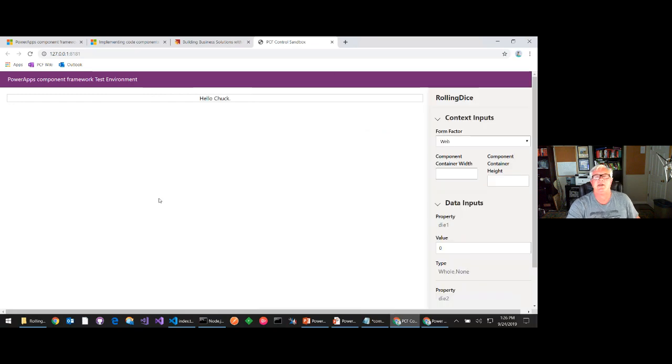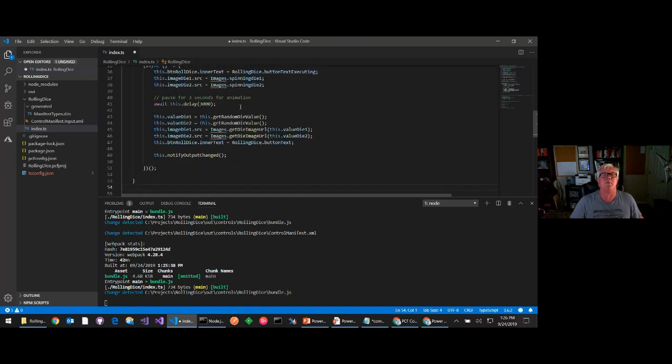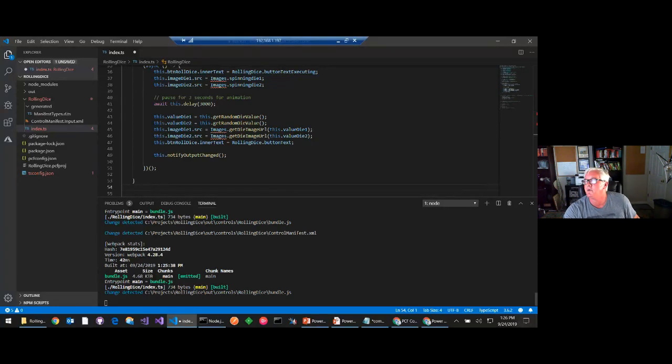Okay, so now that we've gotten up and going, what we're going to do is put together something that will basically bring together a component here. So right under the top container, I'm going to add in a couple more different things. I want to put together a component that we can use to roll the dice. And then one more thing I'm going to do, at the very bottom, I've got a little utility class that I am going to add in